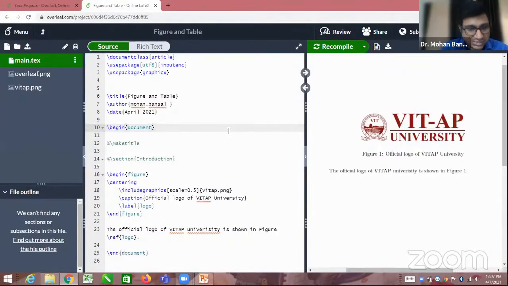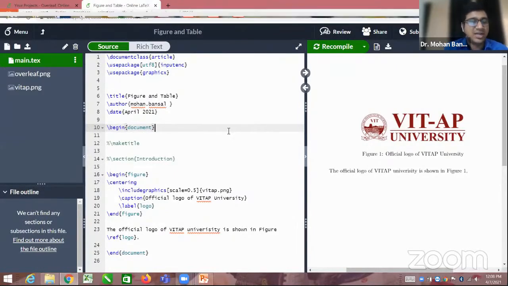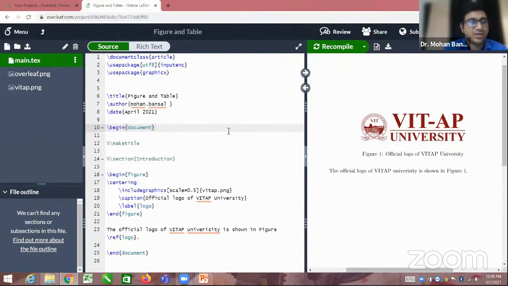So everyone do this task now. I am giving you 2 minutes. You create the figure environment, insert the centering, insert the figure, insert the caption, insert the label, and refer to the figure. Okay, everyone do that.